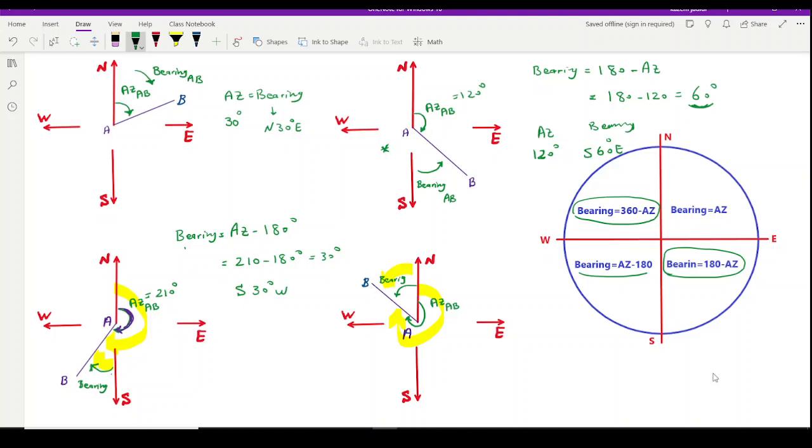Again, in order to show azimuth, let's say I just put some numbers over here. Let's say azimuth is 320 degrees. Bearing is going to be 360 minus 320. That's going to be 40 degrees. And to show it, we will use north 40 degrees and